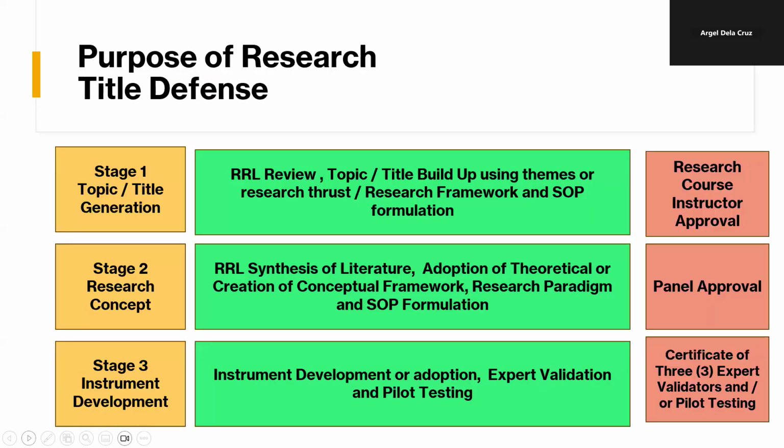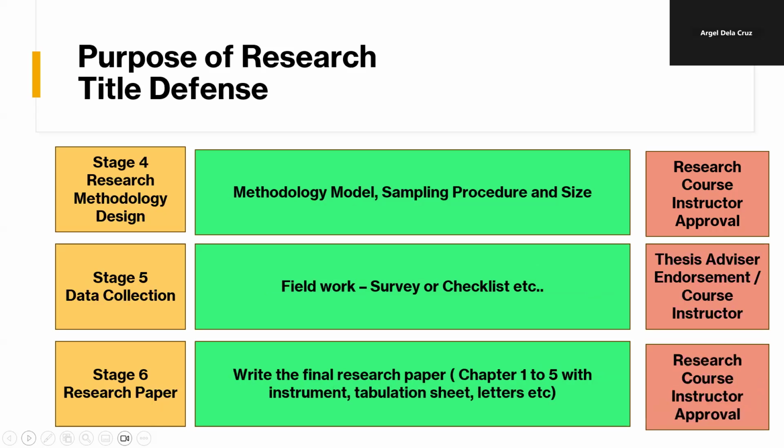Next, okay, let's have a recap of your proposed research title defense. So here are step 1 and step 2. Basically, we're done with step 1 and step 2, or stage 1 and stage 2. We have already passed that level. Now we're going to stage 3 and 4. Stage 3 and 4 are basically mutually exclusive steps or stages. You can do both stage 3 and stage 4 simultaneously without any problem.